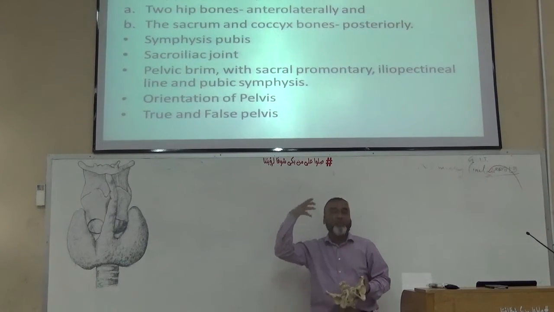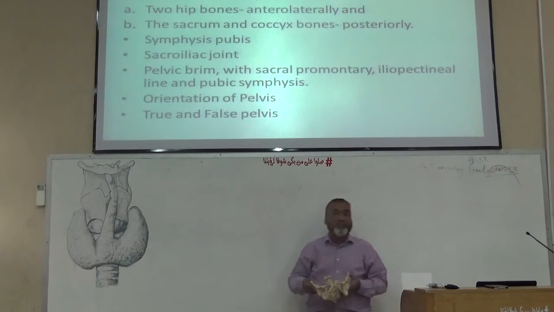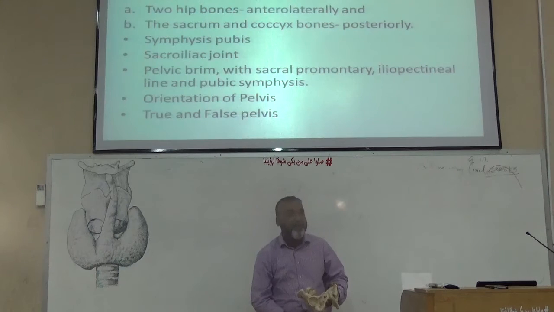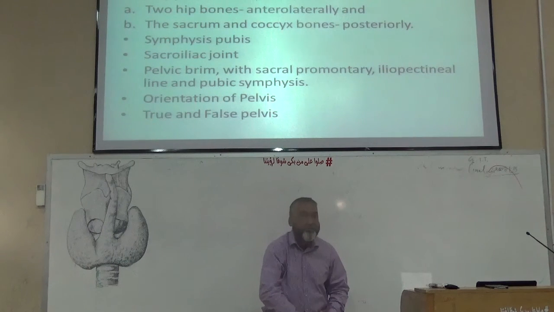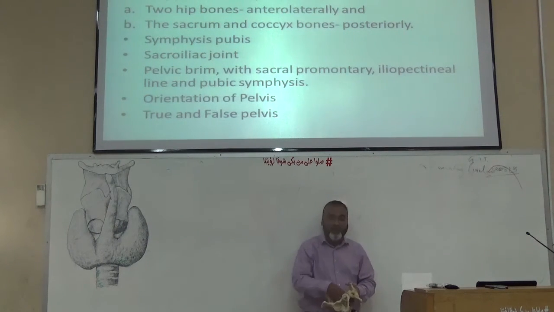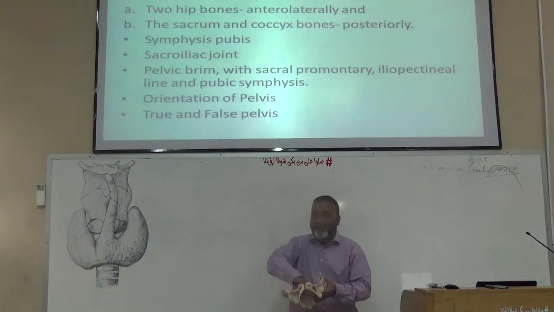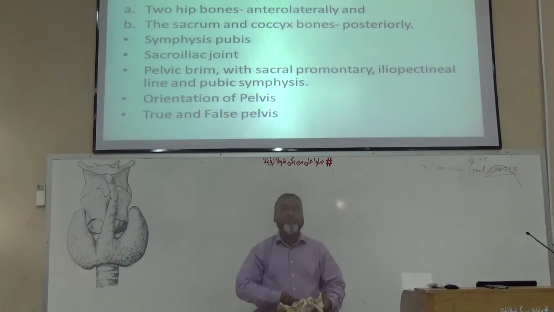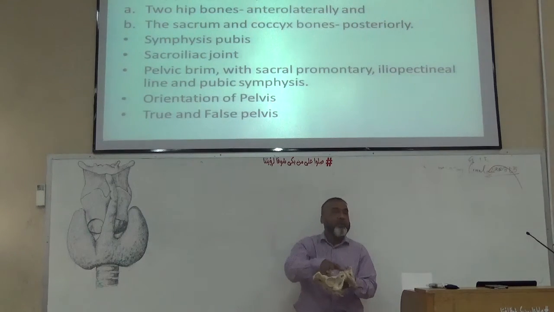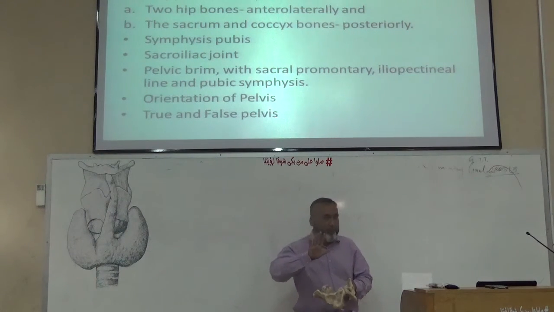Now if you see the function of the bony pelvis, the abdominal organs plus the pelvic organs hang down into the pelvic cavity. So this pelvic cavity supports the lower abdominal organs, plus it also supports the pelvic organs. Here we have the pelvic organs and also the lower abdominal organs which enter into the false pelvis. Clear?